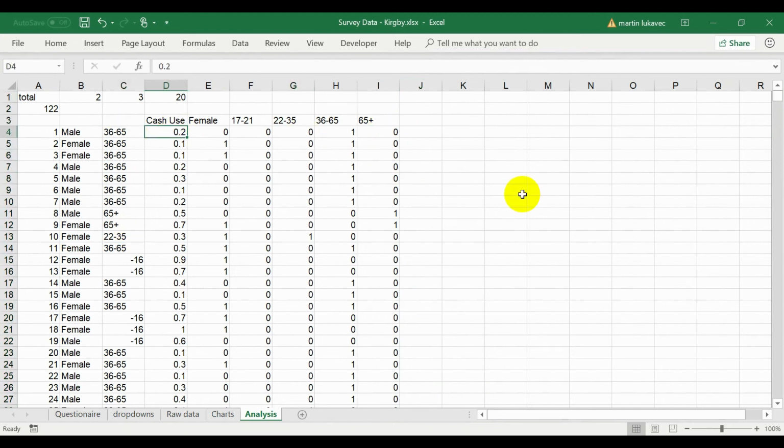And now we can finally run the regression. So the cache use is going to be our y, and these variables will be our x's. So our dependent variable and our independent variables. To run the multiple linear regression, you want to have the Data Analysis Toolpak add-in in your Excel, and if you don't have it already, you have to press File,